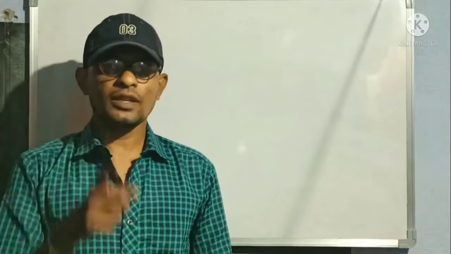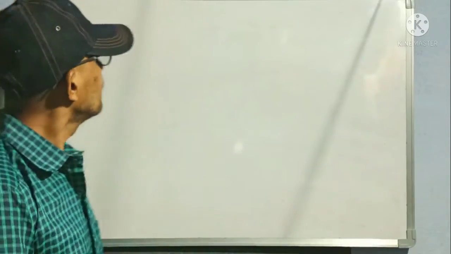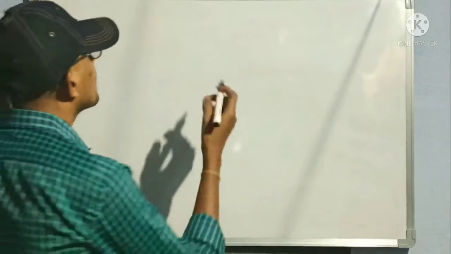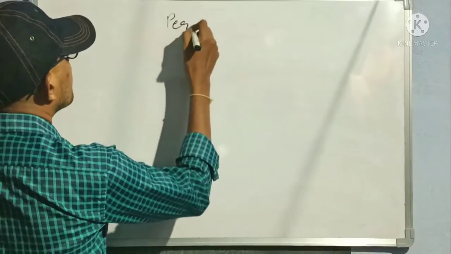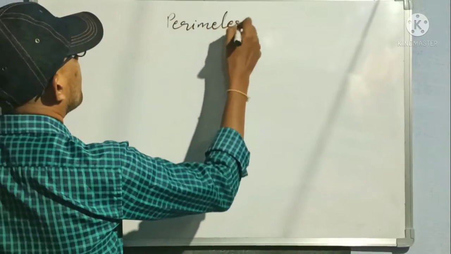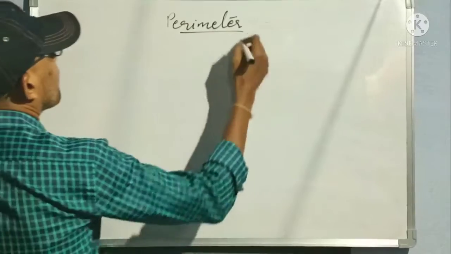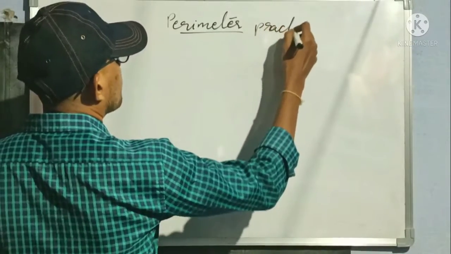But we have not discussed how to do problems related to this, right? So today, in our class, let us do some problems. I want to explain with examples how to solve problems related to perimeter. Okay, shall we start now? Are you all excited? Let's get started. So now, first problem, perimeter. Practice problems.